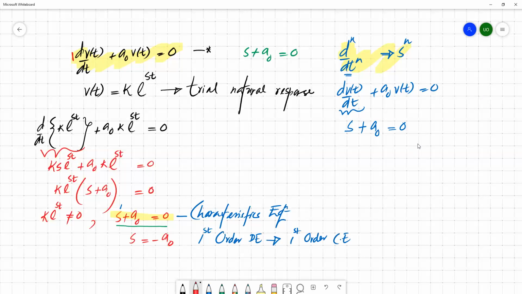So keep in mind all the time, if you have a non-zero coefficient in front of the first order derivative term, it should be 1. If it is not equal to 1, you have to scale it to 1. It means if you have 2 times the derivative, you should divide the whole expression by 2. For example, if you have a1 dv(t)/dt plus a0 v(t) equals 0,